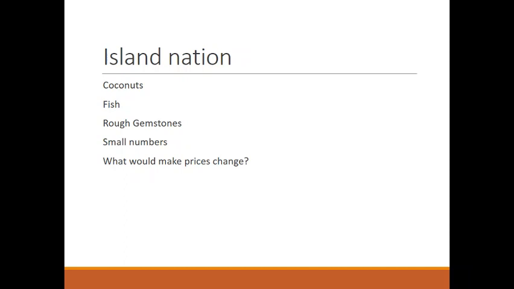And there are people on the island, but not very many. So you can imagine a situation where we have people harvesting fish and harvesting coconuts, and there are fish and coconuts kind of wandering through the island, and that a certain amount of gemstones would correspond to a certain amount of coconuts or fish, right?